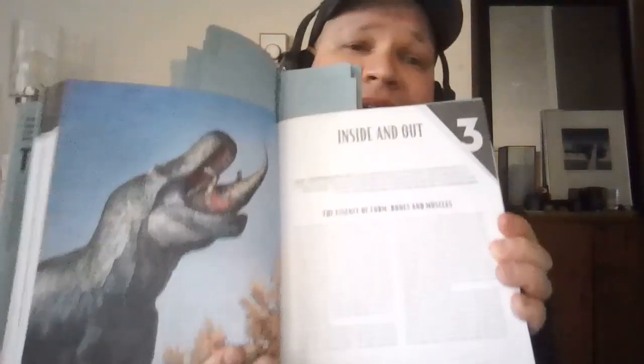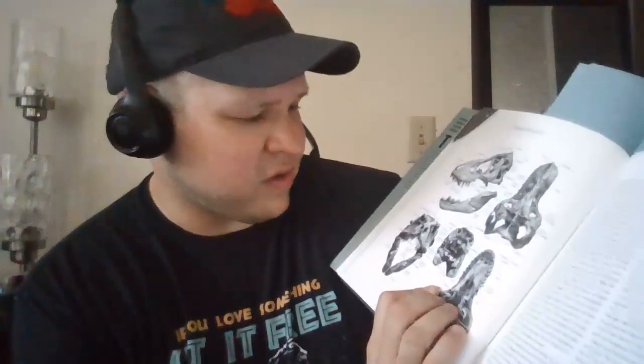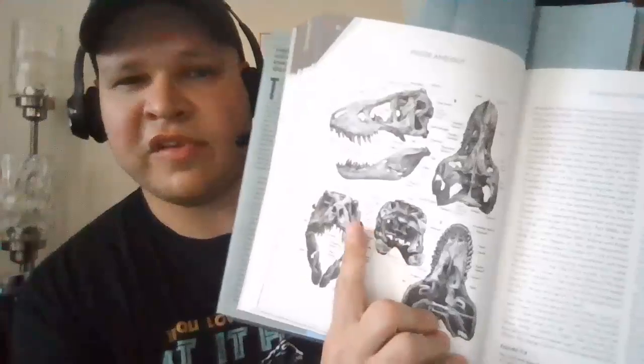Then chapter 3 is Inside and Out, and it talks about the anatomy of Tyrannosaurus rex. So it's about Tyrannosaur anatomy. It gets into the skull bits. I love that he uses a Tyrannosaurus skull right here, showcasing all the bones of the skull. I like that because it gives the reader a chance to actually see the anatomical stuff